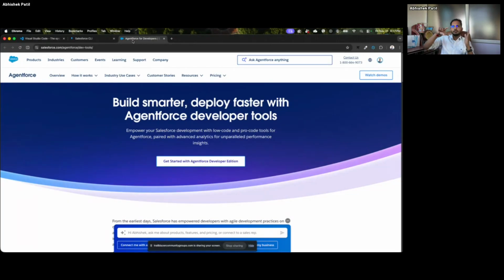Agentforce Vibes is way beyond that because now it has the context of your org. Earlier, whether it's a dev agent or the traditional ChatGPT route, it doesn't know the data model or architecture of your org. If you're dealing with any custom implementation, I remember we had to give all the API names, field API names, inside our prompt,